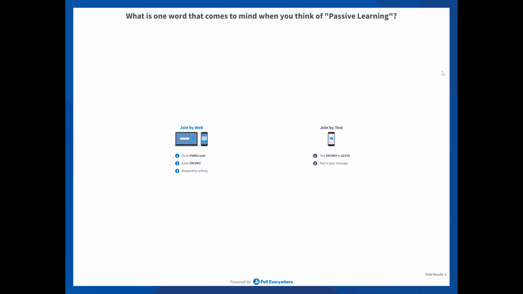All right, so here is one of the first questions. What is one word that comes to mind when you think of passive learning? Can you think of one? Lecture? Dr. White, if you're on there, you can put something in the chat. I was trying to think of one word, but I was going to say disinterested at times, but disengaged, which is why active learning is called engaged learning. Disengaged, often